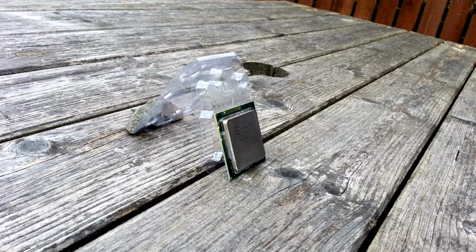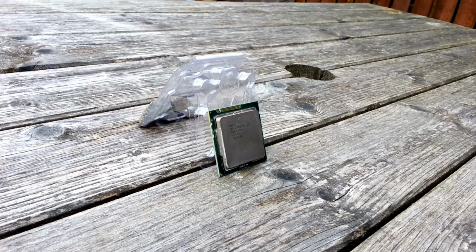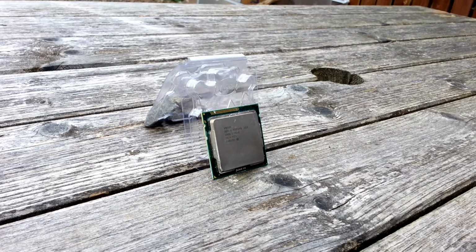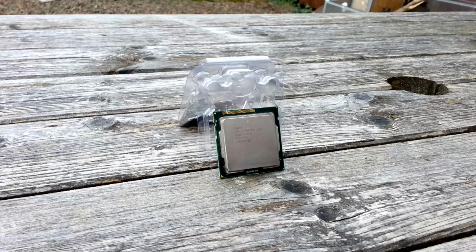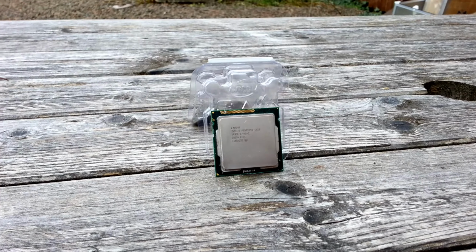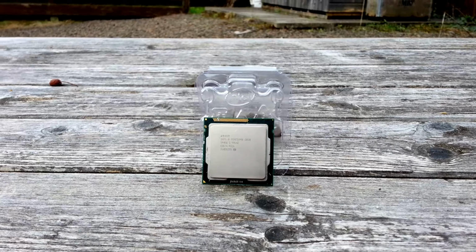Hey there everyone. In the year I've been running the channel, I've only really ever looked at processors from the circuit 775 era, but as I finally managed to get my hands on some DDR3, it's time for something a bit newer. The Pentium G850 from the Sandy Bridge line of processors was launched back in May 2011 and is